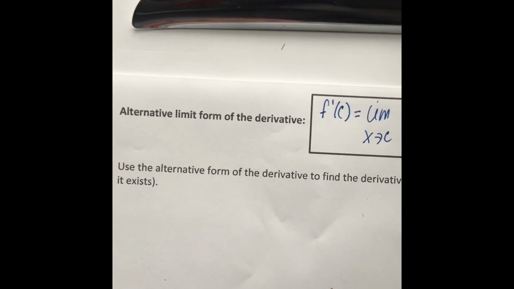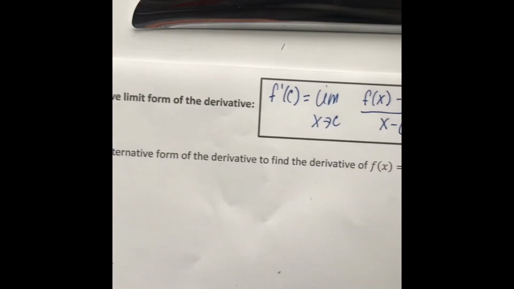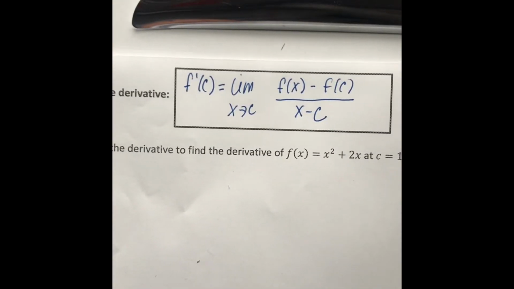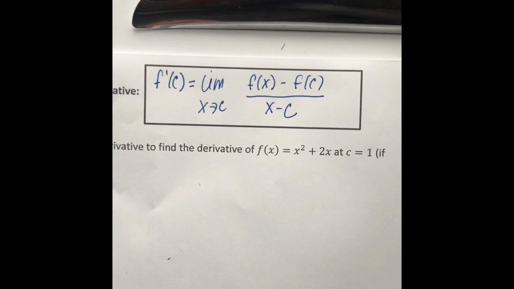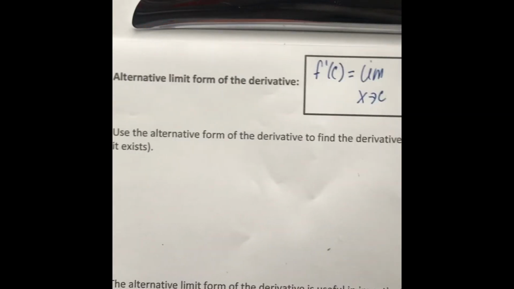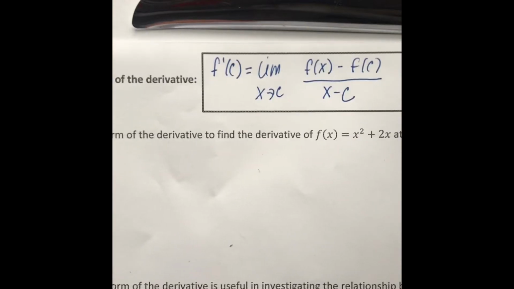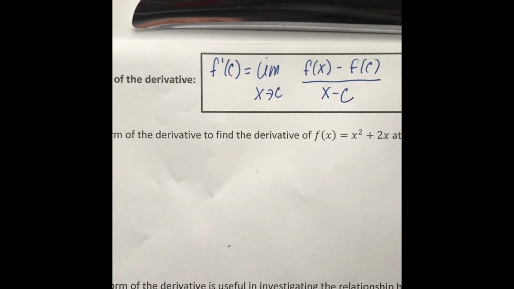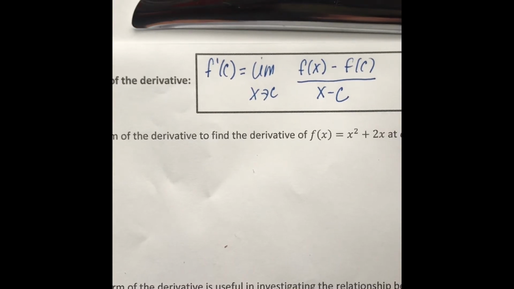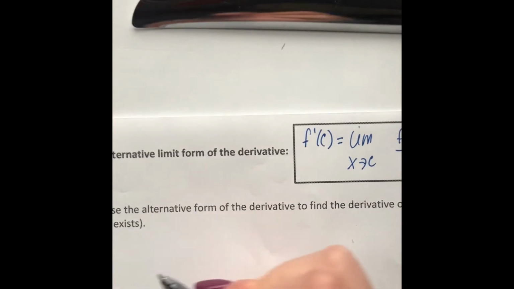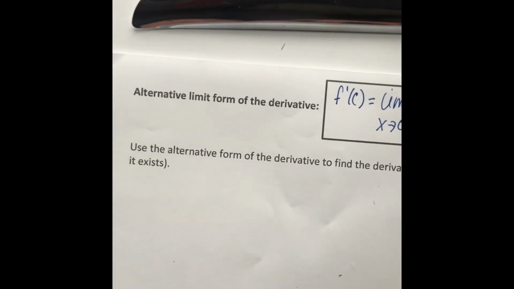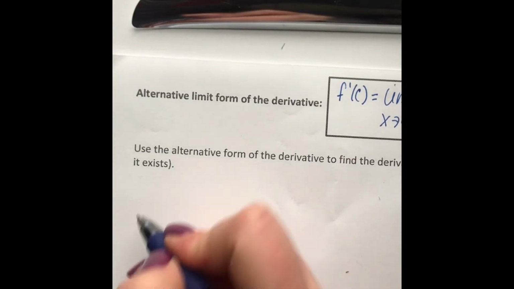So we're going to do a first example. Use the alternative form of the derivative to find the derivative of f of x is equal to x squared plus 2x at c is equal to 1, if it exists. So first we're going to use that alternative form of the derivative, and wherever there's a c, we're going to plug in 1. So, making sure you can see this. Okay. F prime of 1